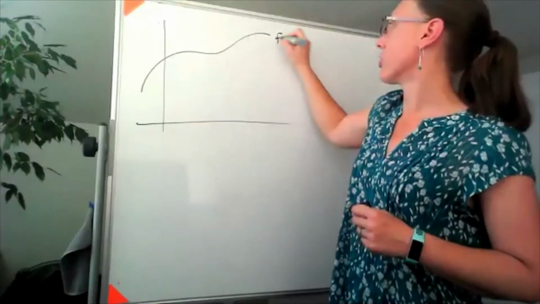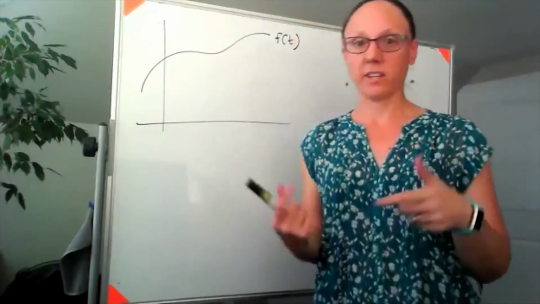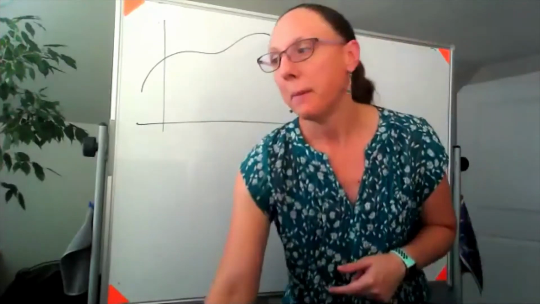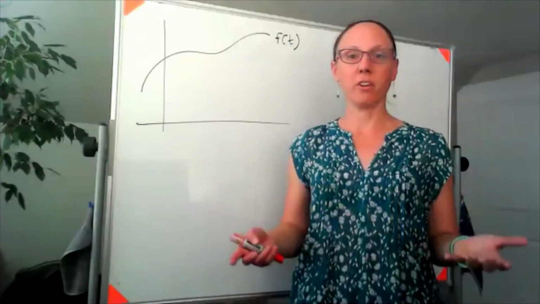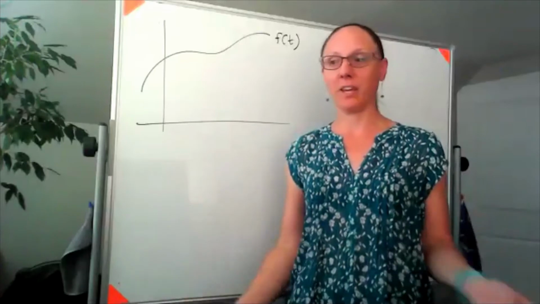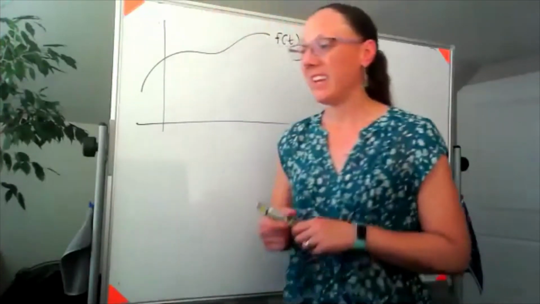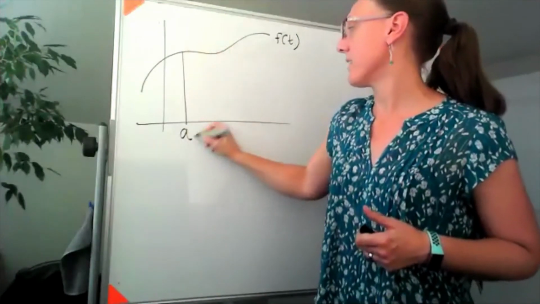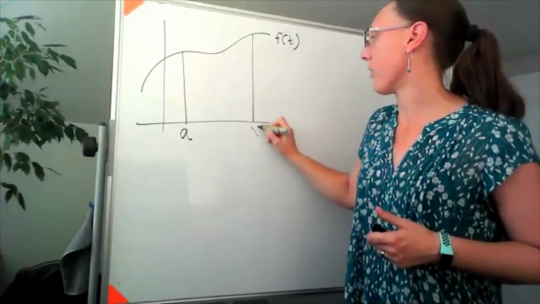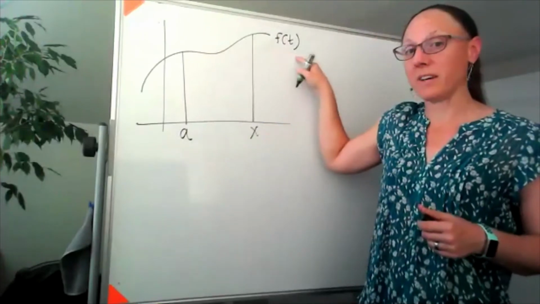Suppose that I have some function f of t. And to relate this to Gorski's first lecture, maybe this is some kind of velocity function. So I'm moving along and my f of t is telling me the velocity. Well, if I care about this shaded part of the graph from a to x,